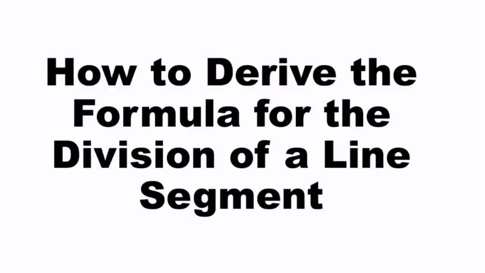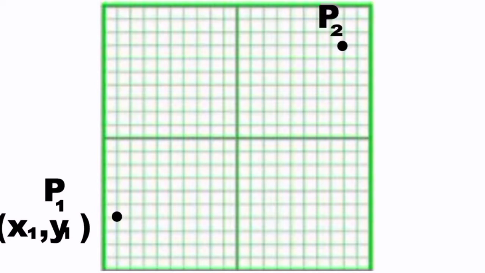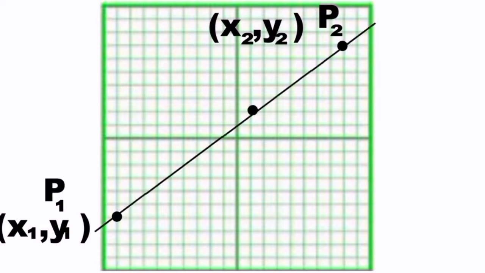How to derive the formula for the division of a line segment. We have here point P sub 1 with coordinates x sub 1, y sub 1, and point P sub 2 with coordinates x sub 2, y sub 2. Suppose there is a point P sub O between P sub 1 and P sub 2, with coordinates x sub